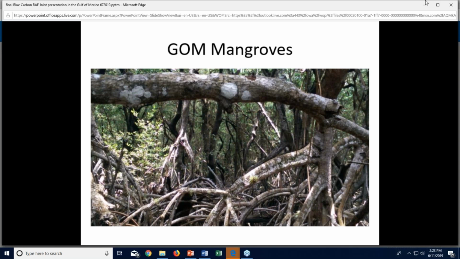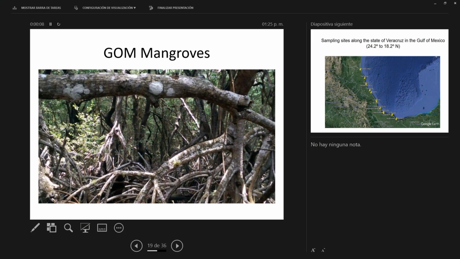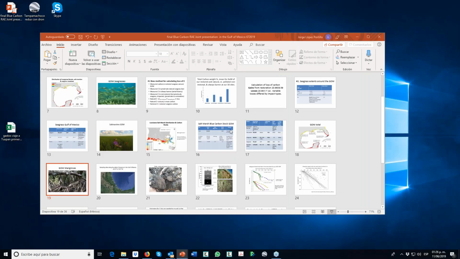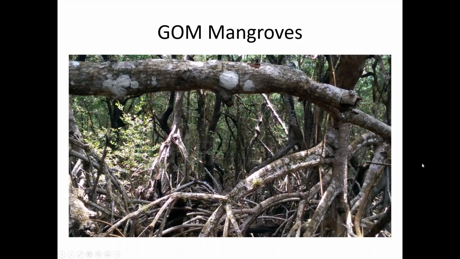All right, and I'll pass the controls over to you, Jorge. And as I do that, I would just like to have a quick point of clarification for our participants who may be unfamiliar with some of the terms like teragram. So Jorge, if you could correct me if I'm wrong, but I believe 1 teragram is equivalent to about 1 million metric tons. I just want to be able to put some of those amounts into perspective. So with that, I'll pass it back to Jorge. It's correct. 1 teragram is 1 million, as you said. So it's 1,000